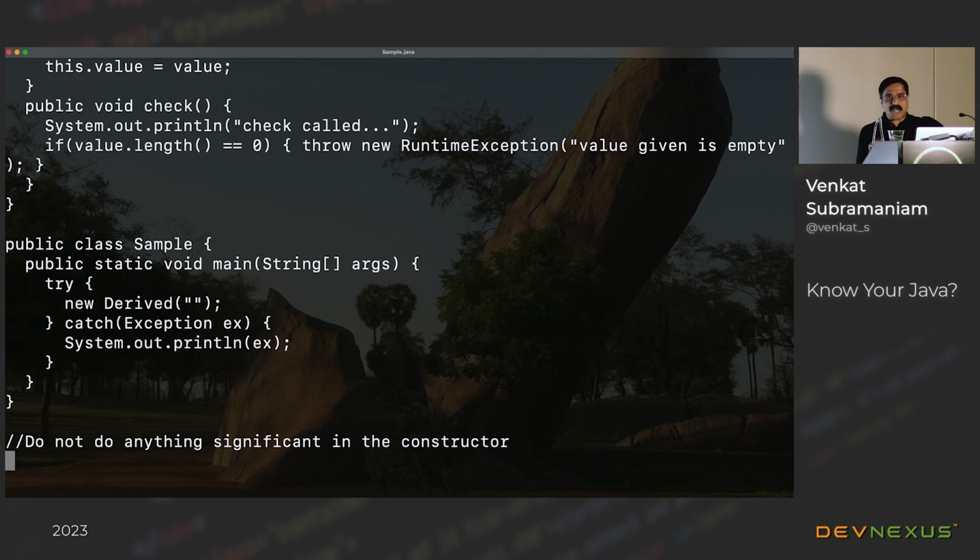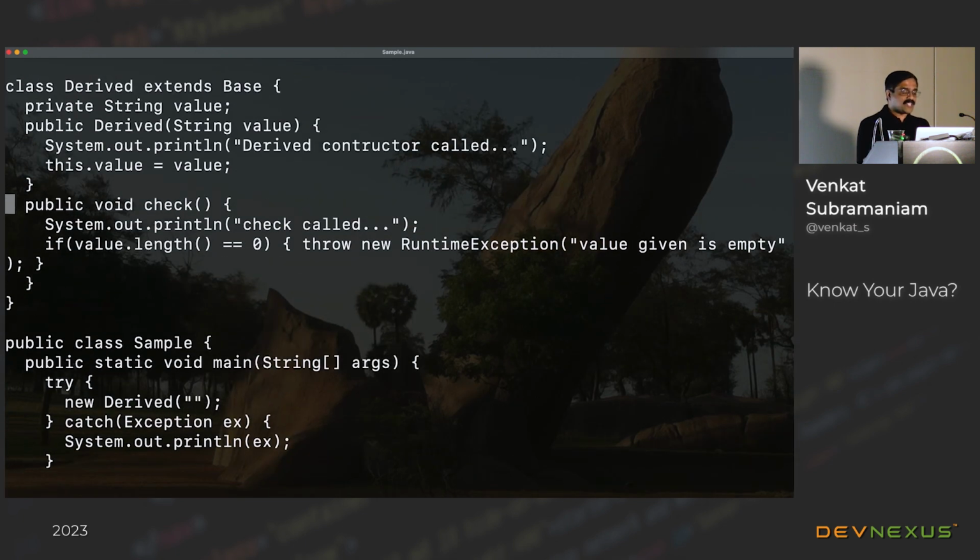So what you could have done is, you could have said, I have a static method, I'm going to call the constructor to initialize the state, and then call the method to check. That would have been very safe, because then you don't have this problem of a derived method being called before the invocation of the constructor. That's exactly the point. You have to be careful. The problem in this case is, before the constructor of the derived was called, the check method was actually called, which I would think you would agree is a breach of invariance.